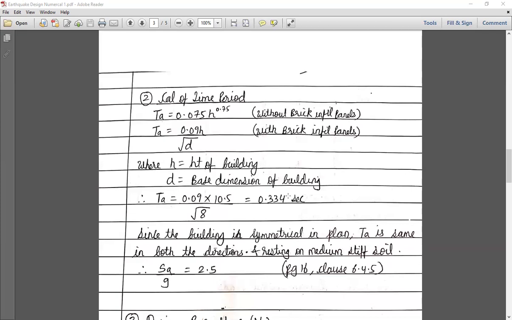Okay, so now we are finding out the time period of the structure. The time period of the structure should not be very large. Okay, that means there is more deformation happening in it. Are you getting? So we have to always check the time period of the structure also. It should not be very low and it should not be very high.